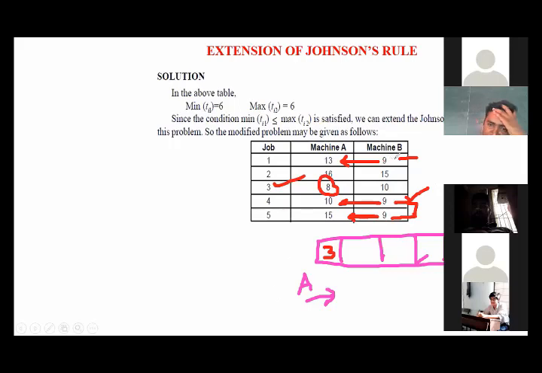ఇక్కడ మనకి మిషన్ బిలో టై వచ్చింది అనుకోండి, ఆ టై వచ్చినప్పుడు మిషన్ ఏ దగ్గర ప్రాసెస్ టైమ్స్ చెక్ చేసుకుంటాం. ఆ మిషన్ ఏ దగ్గర ఈ టై వచ్చిన దగ్గర ఏదైతే మినిమం వాల్యూ ఉంటుందో ఆ మిషన్ బి జాబ్ ని మనం ఫస్ట్ రాసుకుంటాం అనమాట. ఇక్కడ చూడండి 9, 13, 9, 10, 9, 15 ఉంది. సో 9 అనేది మినిమం. ఈ 3 9 ఏది తీసుకోవాలంటే ఆ తీసుకోవడానికి మనం ఈ ఏని బేస్ చేసుకొని తీసుకుంటాం. ఈ ఏలో మినిమం 10 ఉంది కదా, సో ఈ జాబ్ మనం ఇక్కడ రాసుకుంటాం. అర్థమైందా?